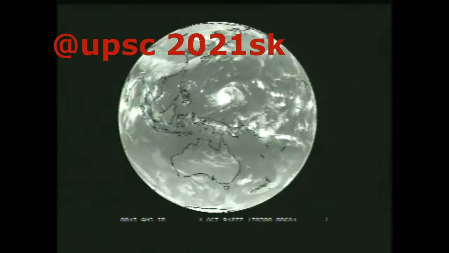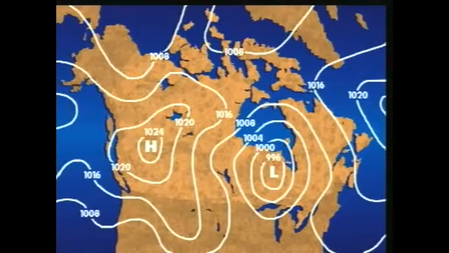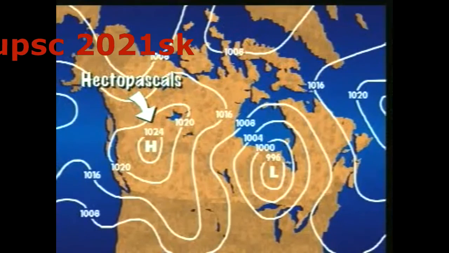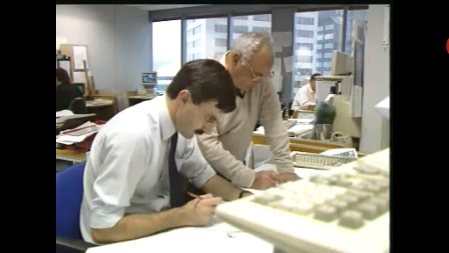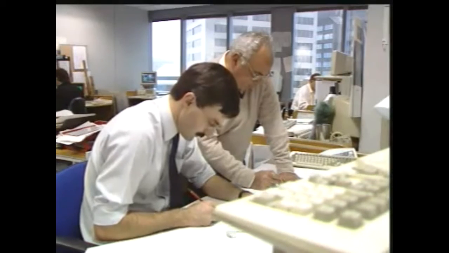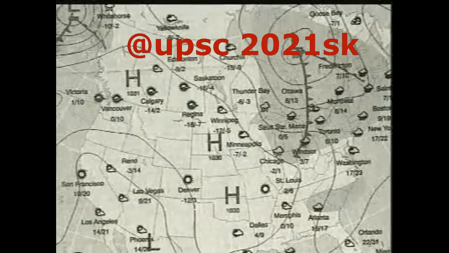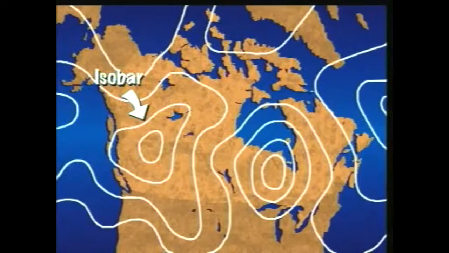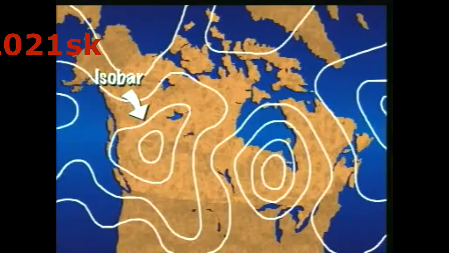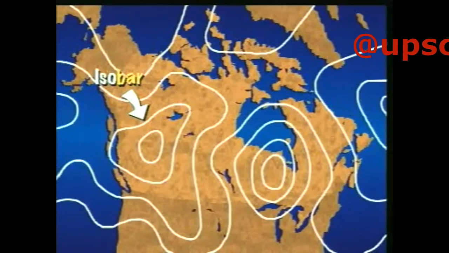In order to predict the movement of winds, meteorologists need to measure the air pressures that drive them. Pressure is usually measured in hectopascals, and when mapped, produces a synoptic chart. These pressures are recorded and collated by weather services all over the world. On a synoptic chart, isobar lines link areas of the same pressure. ISO means the same, and bar is short for barometric pressure.